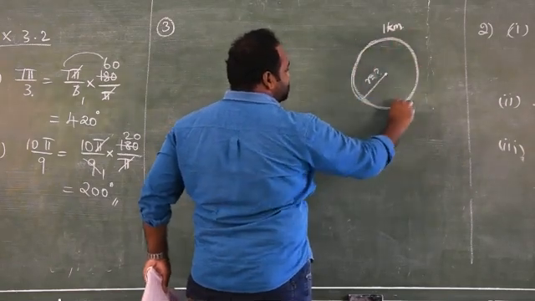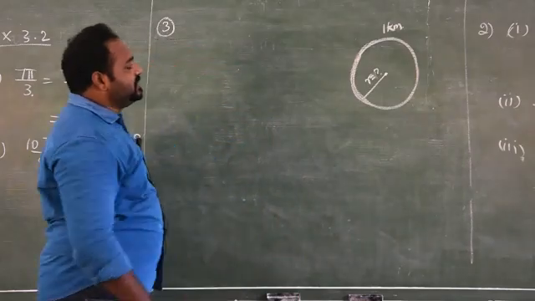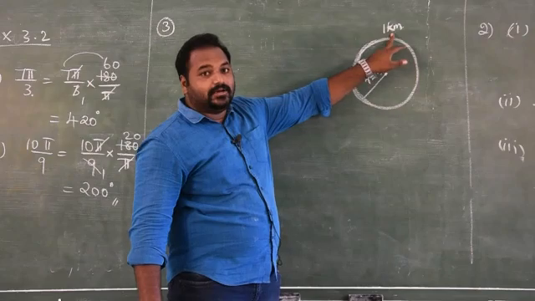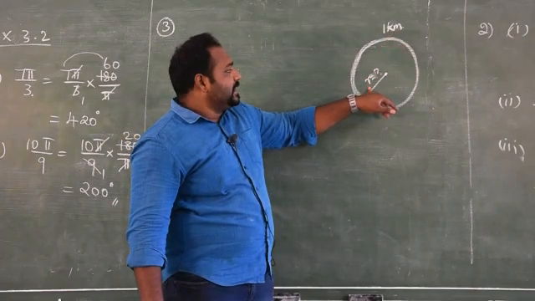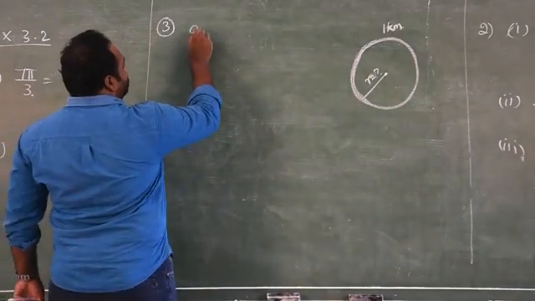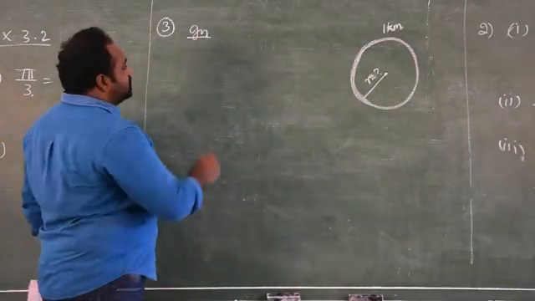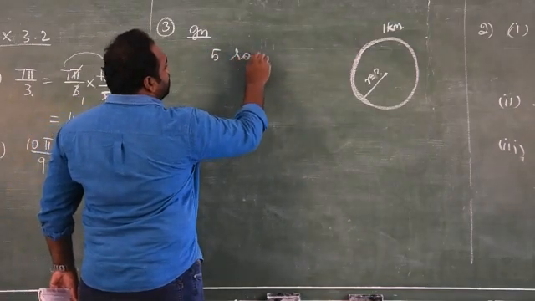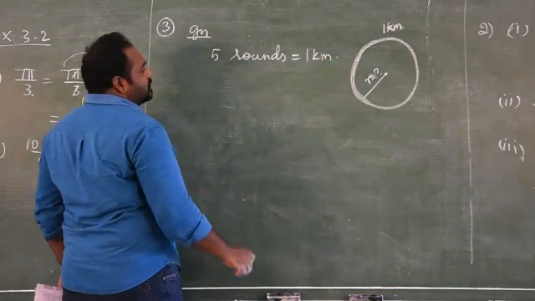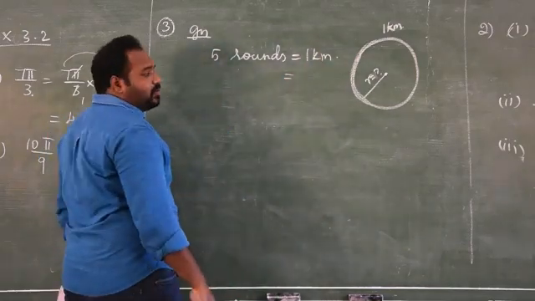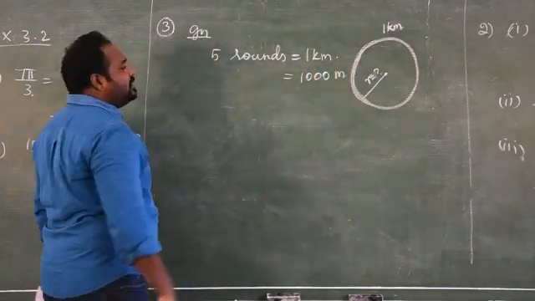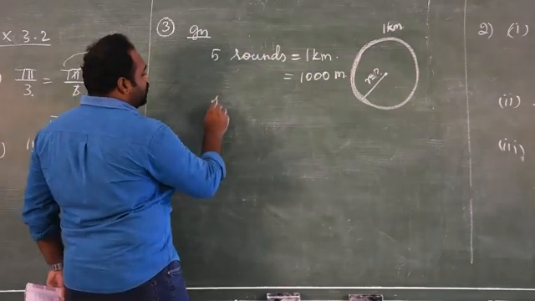So this is the path. If he wants to complete this circle 5 times, it will take 1 kilometer. So they are asking the radius of this circle. Okay, now first I am going to write the given information. So 5 rounds equal 1 kilometer. First I am going to convert 1 kilometer into meters. 1 kilometer equals 1000 meters. So for 5 rounds 1000 meters. So for one round